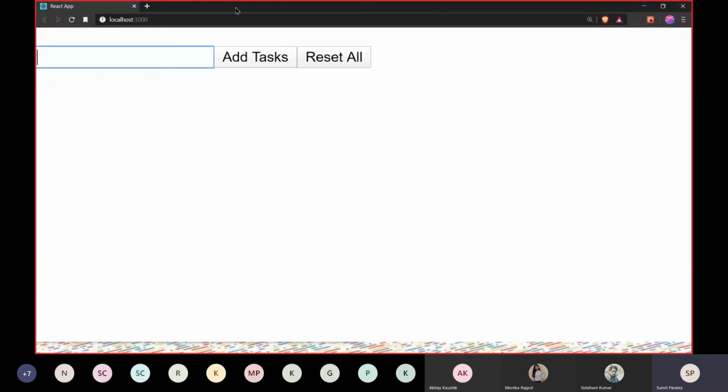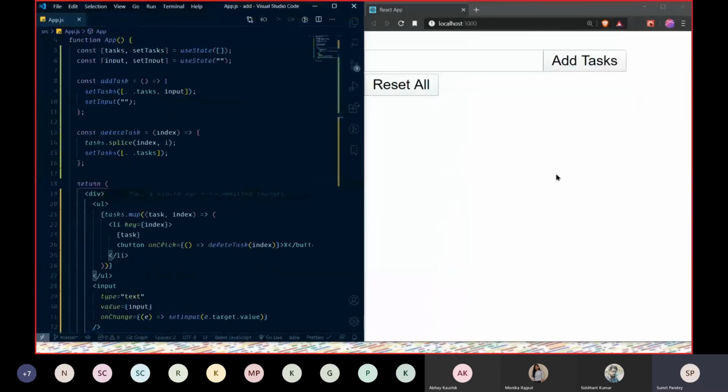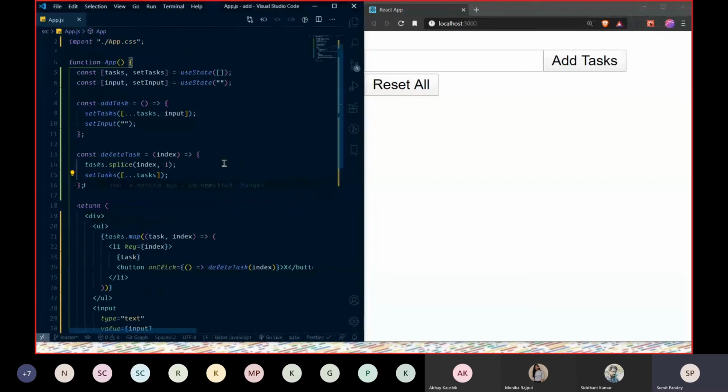And if anything comes to you, you guys can take the initiative to make this app prettier and cooler, so that it looks good from a UI perspective, because it's now working functionally, but we haven't given it any kind of UI. So go ahead and play around with this code and try to tweak things up and down. And you guys can also contact me on Slack if you get stuck at some point.